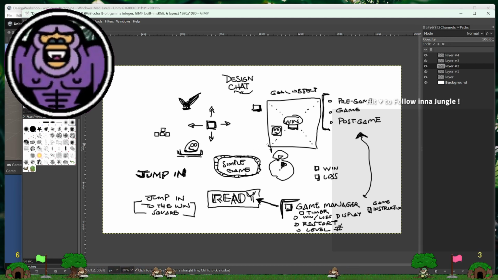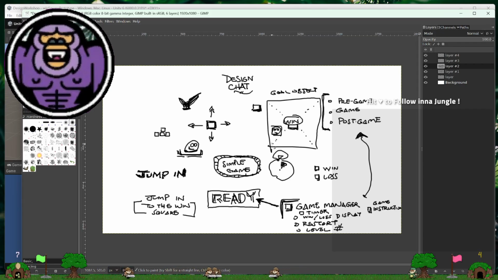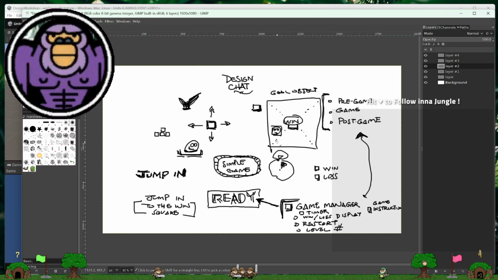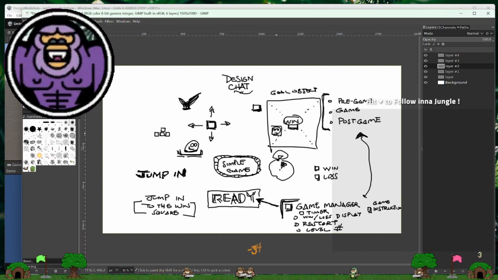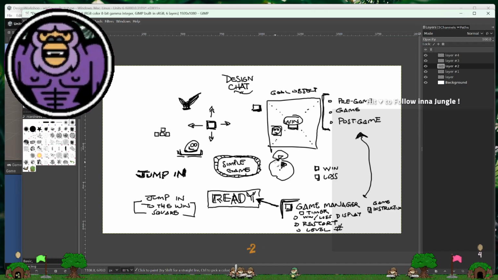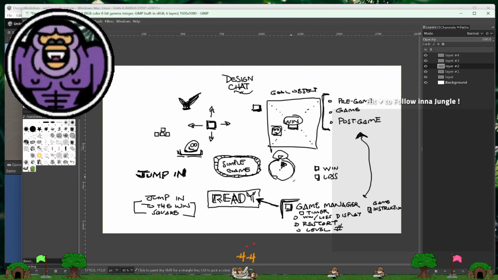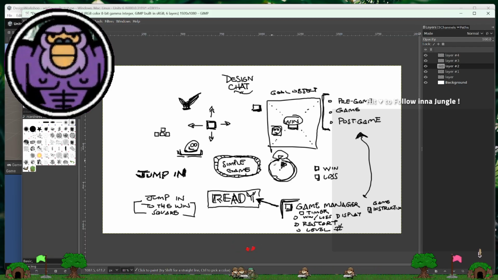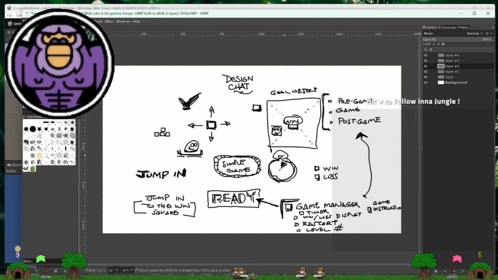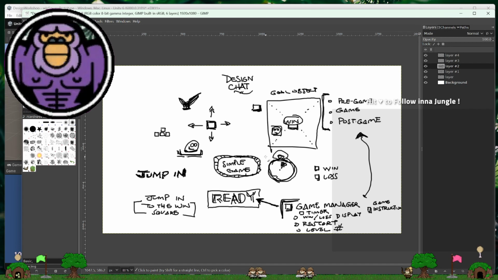Consider for a moment that hitting a corner is still going to be valid if you can get inside, right? Consider that when we put the win square in more difficult spots for later levels, we're going to be stuck with a square. I guess we could change the shape, but we would need to communicate to the player that, yep, this is still the thing. This is still the goal object.